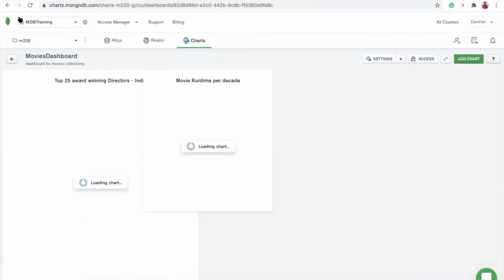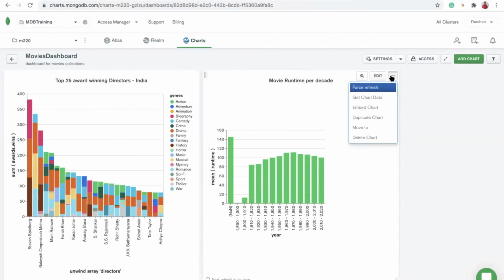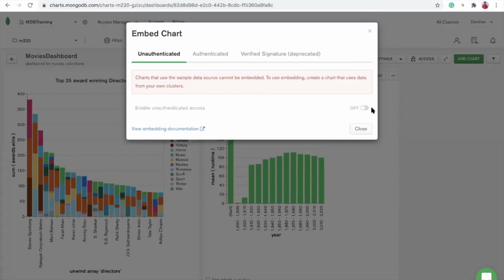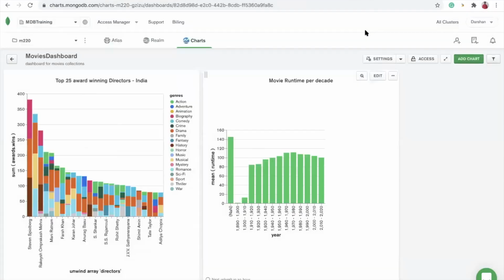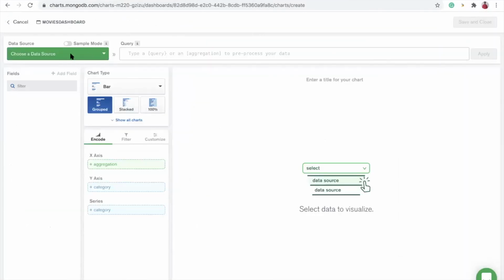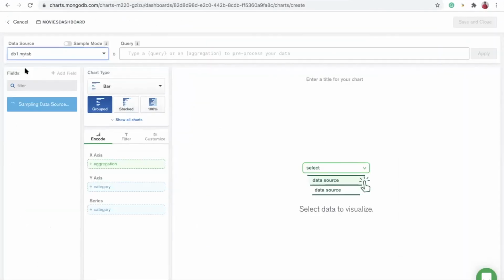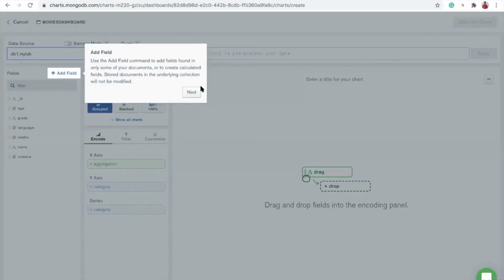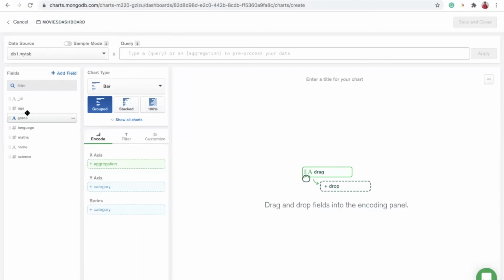Before that, I would like to introduce one more feature, that is embedding a chart. This is not available for the sample databases, so we will be creating another chart with a different data source that is not the sample database. For this I will be creating a sample graph.